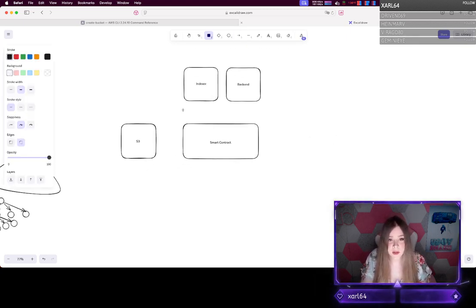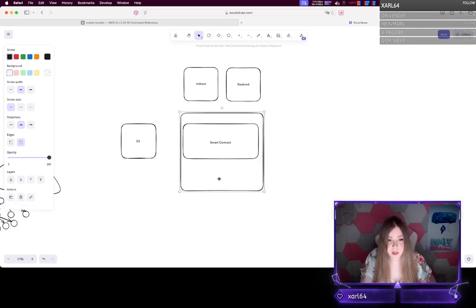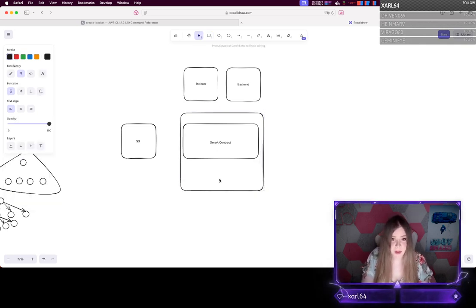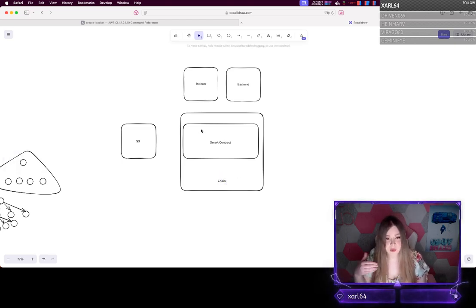And of course, this particular smart contract host in this case is Ethereum, but it can really be any sort of chain. It doesn't really matter. It's just whatever is the substrate for decentralized applications to be hosted.